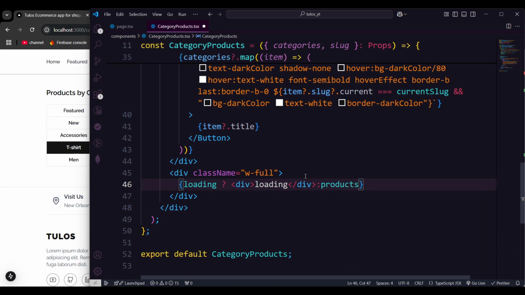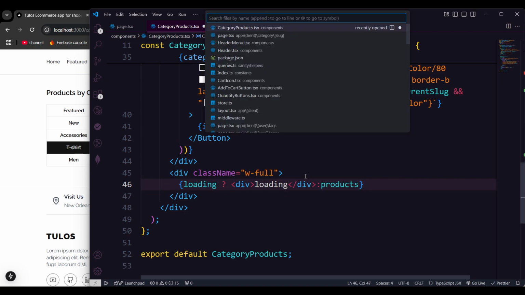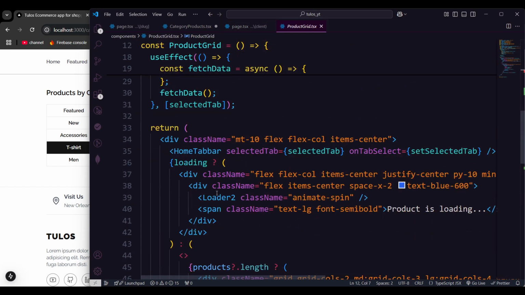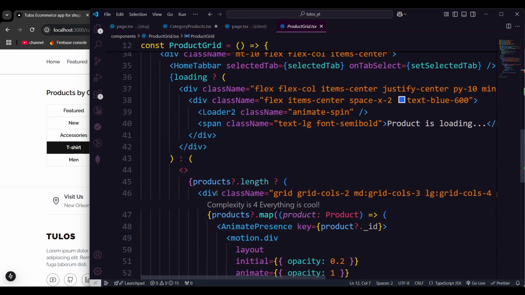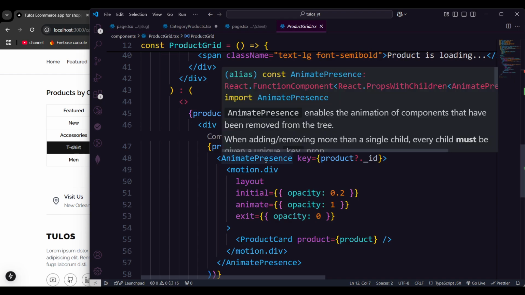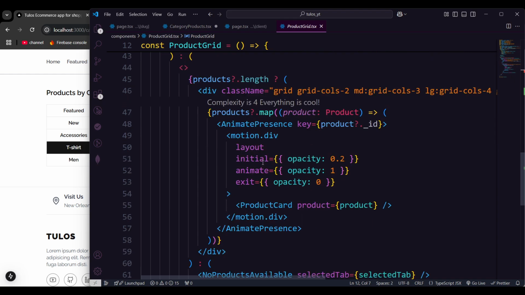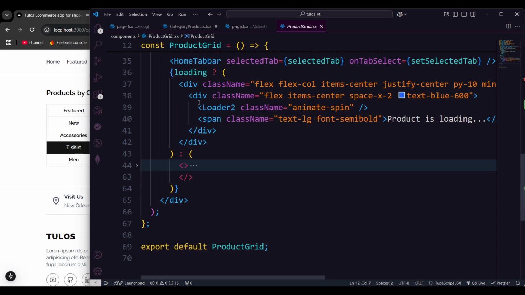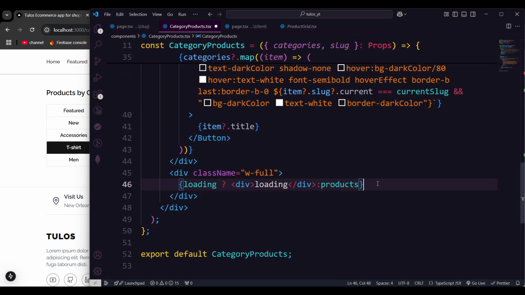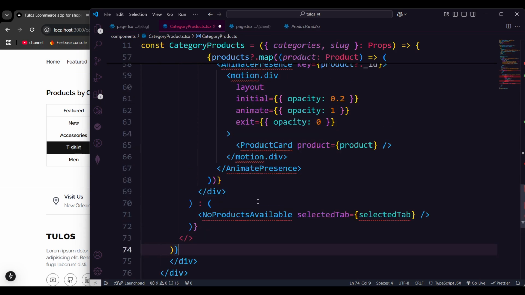Remember, we did those things. If we go in the page, directly in the client, remember this product grid, the same functionality we have been doing here. The products.length is coming, then we are passing those values, passing this product card, animate presence. I think you can just simply copy from there. You see that entire layer, the loading, from that loading I'm going to copy those. So the same thing from the loading I'm going to copy here,